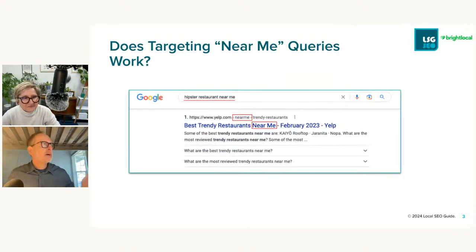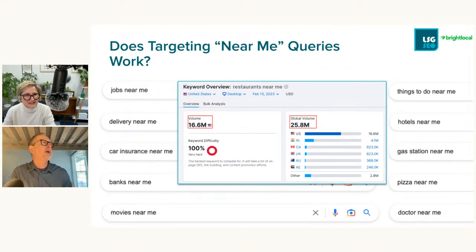So how many people see this showing up in the search results and it just drives them crazy? This near me showing up in the titles. Well, this was a tactic we started using, I think, in 2015 or so, and it really worked well. And we wanted to see, does this ridiculous strategy still work for local search? To figure that out, we had to do a little study.